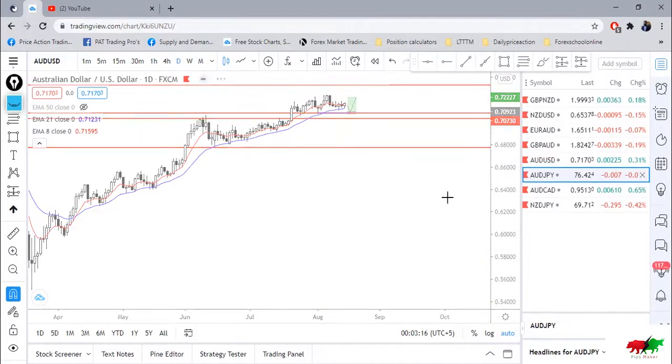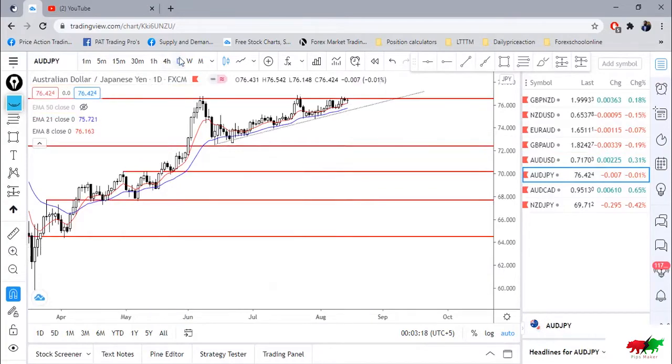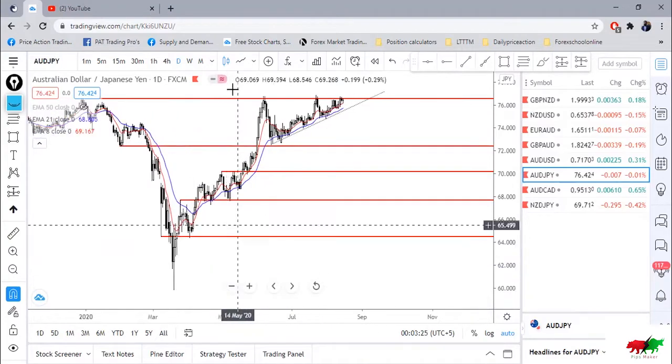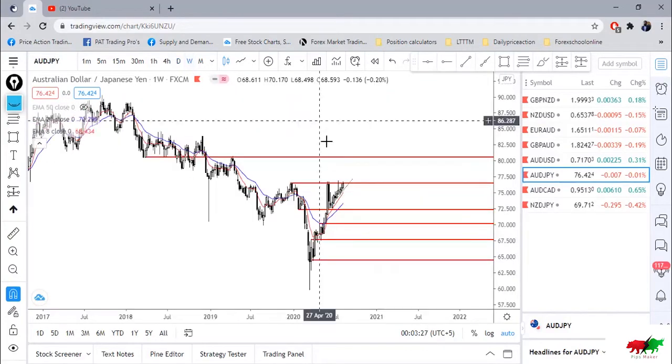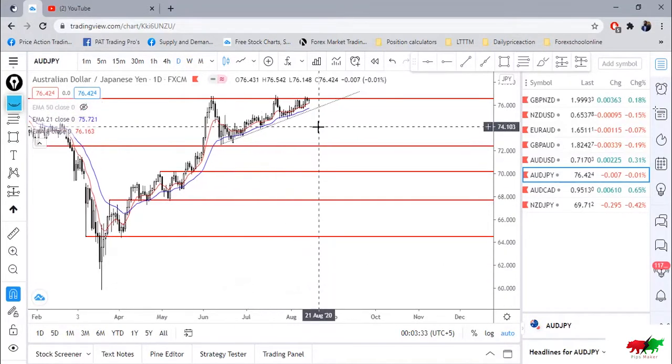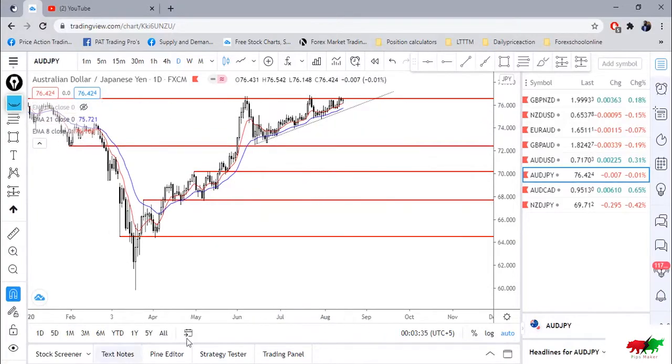Next we have AUDJPY in our list, and as we can see, this is a weekly resistance, and I think it is the key resistance as well. And as we can see, this price has formed some kind of pattern. I think we call it a pennant. Whatever the shape is, it is in our favor, because